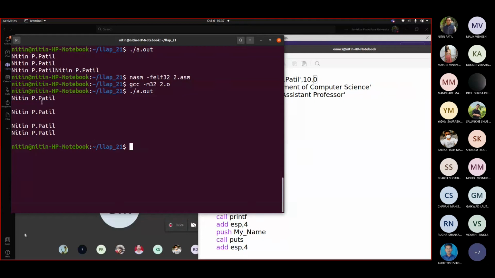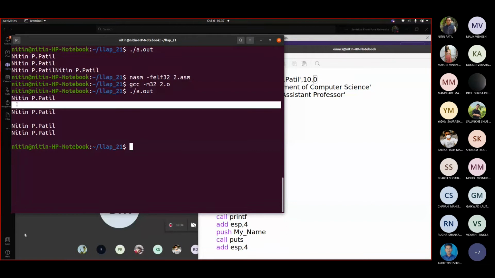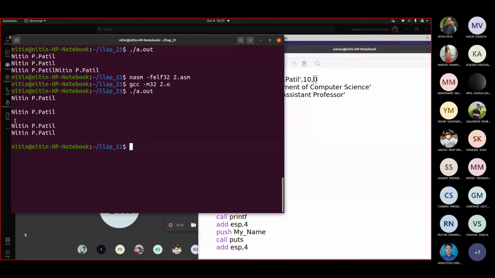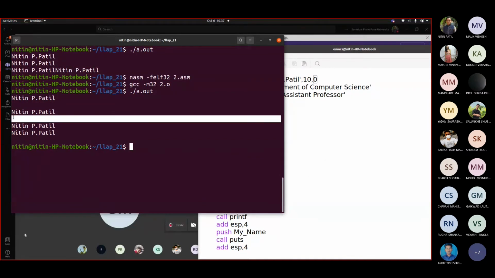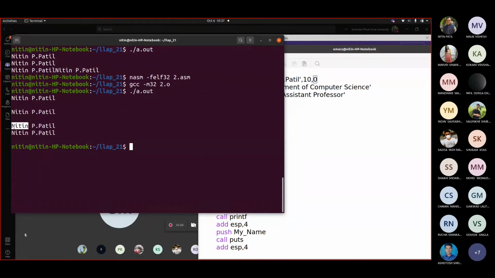This was 10 for the first puts, one more line because it added here instead of 10, it came directly to the second line. But when it came to the second line, it added that 10 too. So for printf, in this case the 10 was not there, so it continued to the next line directly. So it left one line here. Then it printed using printf. Then it took to the next line where it never added one line.